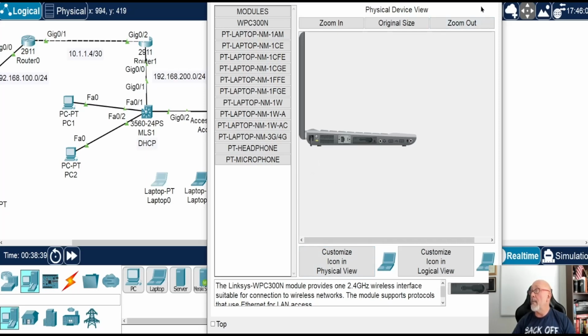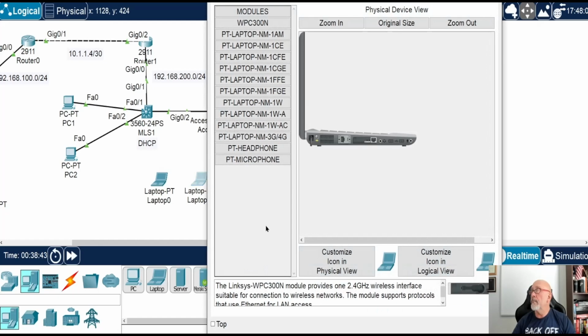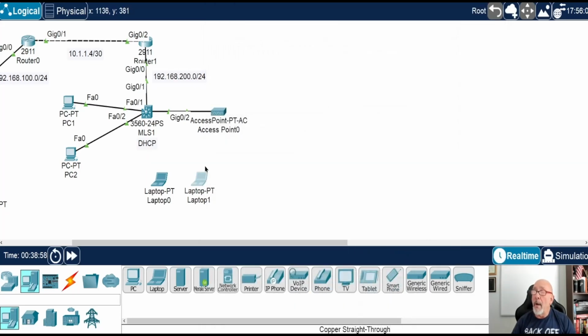And then I'm going to do the same thing for the other one. I'm going to open it up. All right, turn it off. Drag it to the yellow area. It's right here. All right, and you can see it says WPC 300. Right? Just turn your computer back on. So that's done, but you're not connecting to the access point because you don't have the information.